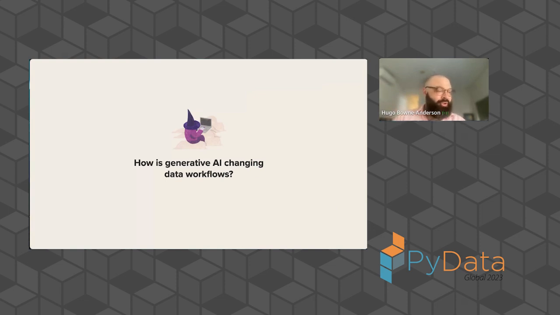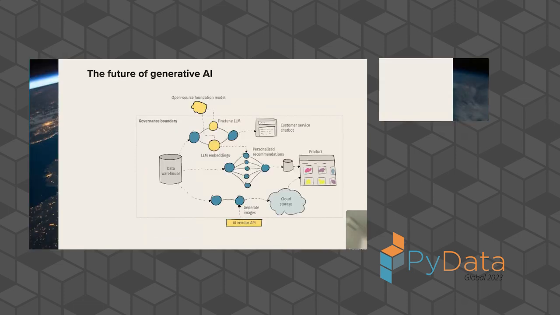But we're here to talk about generative AI, right? And by generative AI, I really mean all the wonderful LLMs we're seeing, all the speech to text, all the text to image, text to video, all of these incredible things that we're seeing. So how do these things change data workflows currently? Okay, so firstly, I think it's important to just reason through